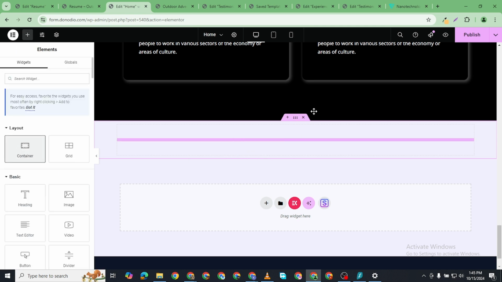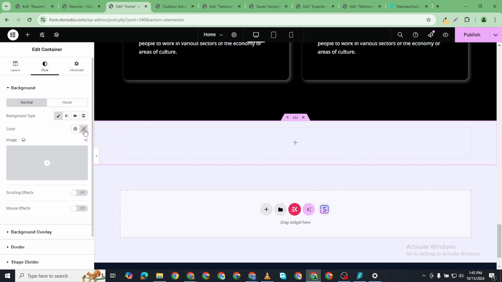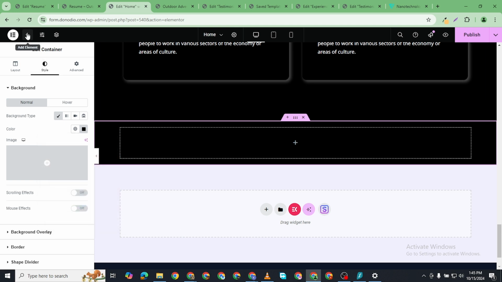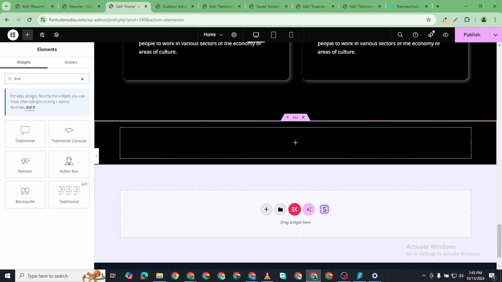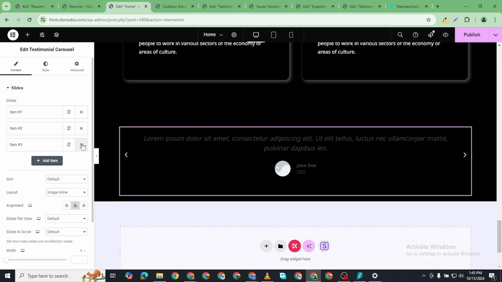I'll add this. Now I'm going to go to the background. I'll make this black, of course. And then what I want to do is look for testimonial